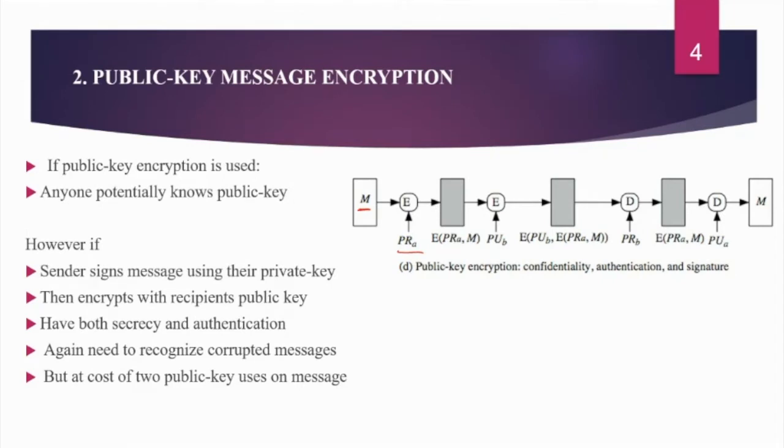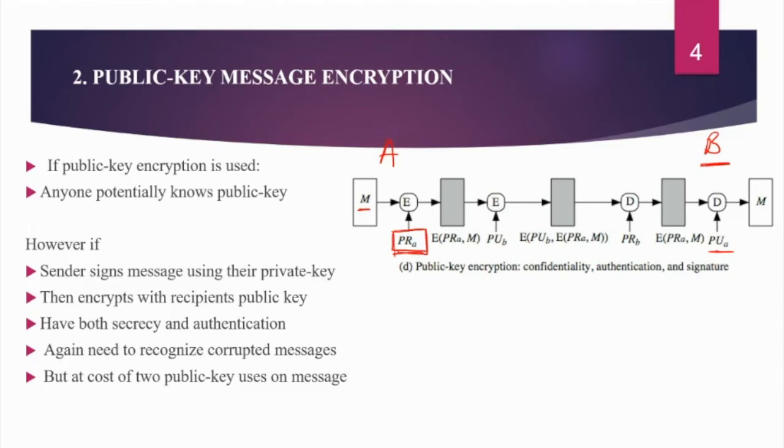Okay, so with that, the receiver can verify that yes, this particular message is coming from this particular sender. Suppose this is A and this is B, and A encrypts the message using his private key. At the receiver end, B can decrypt the message using the public key of A. This will actually give us the authentication of the origin, or of the sender.